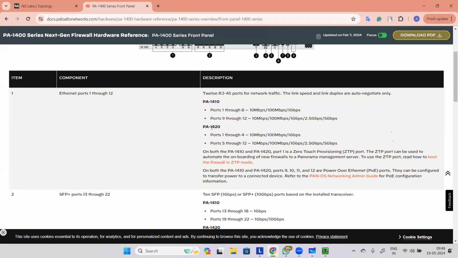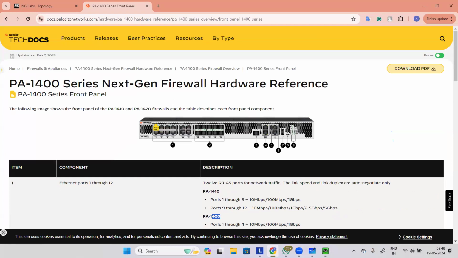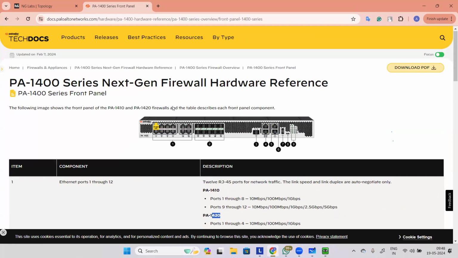Similar kind of setup will be there for 1420. Now, this is 1400 series, wherein 1410, 1420 will have a similar look and number of interfaces. But